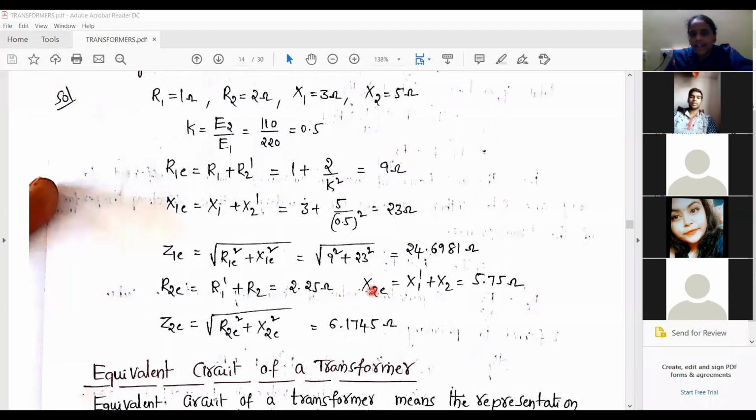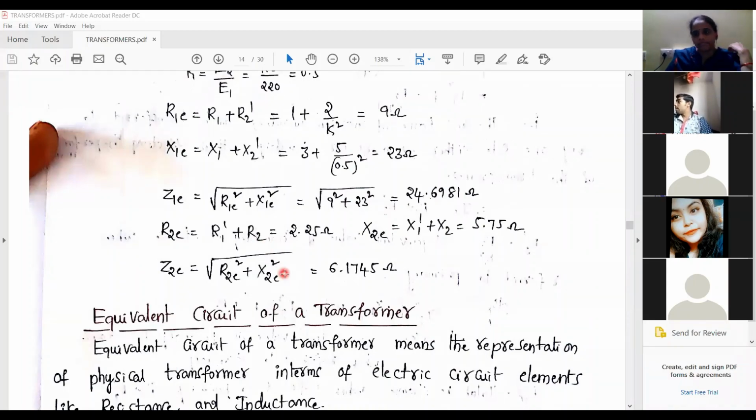Next, now I want to find out the reactance. Already we have an X2 parameter in the secondary. Now I am transferring the primary parameters to the secondary. So when the primary parameter is transferred to the secondary, it becomes X1 dash. Is it clear? So what is X1 dash? X1 dash is X1 into K square. Then you get this value. The total impedance will be R plus X. Then you get this value. Is it clear? Can we proceed?